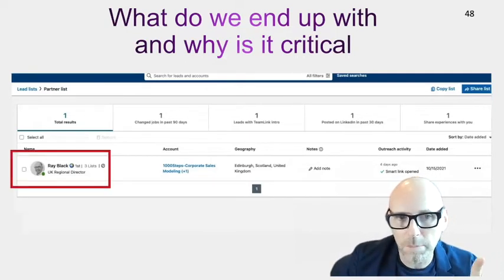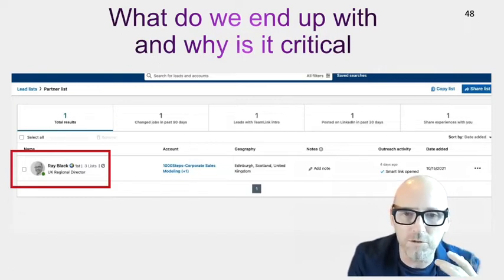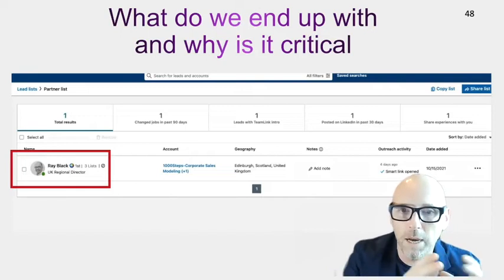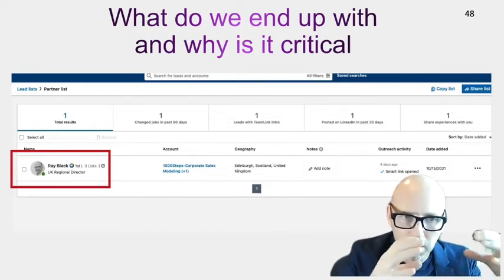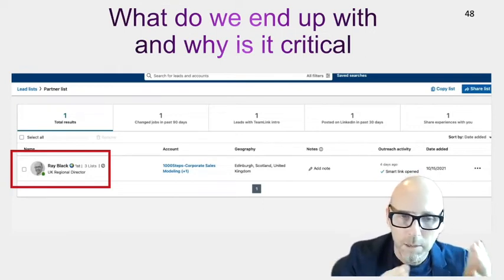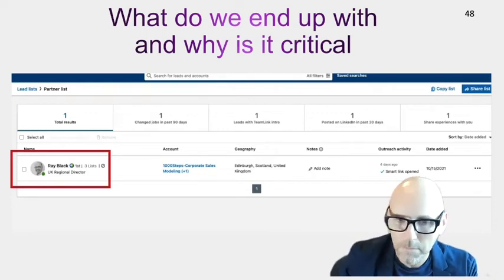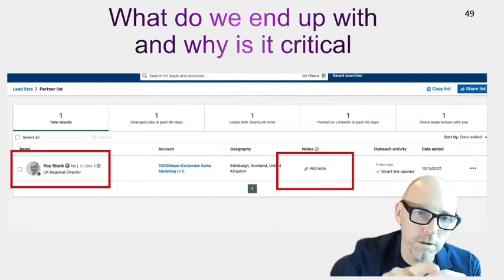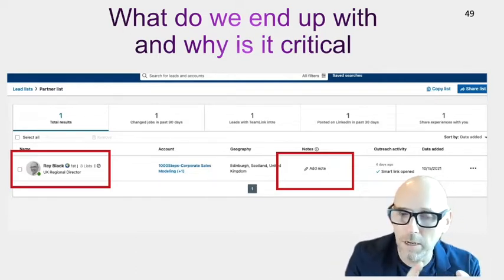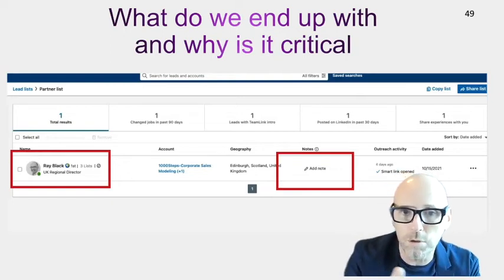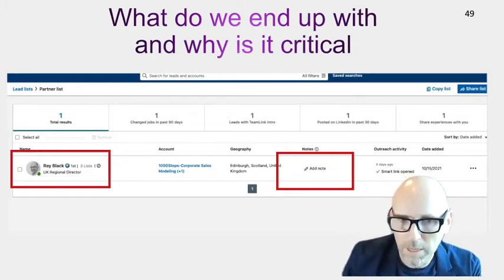What's interesting about this is I can see how many lists Ray's on. Has he attended any events? Is he part of any other groups that I'm a part of? What is he involved with that I'm involved with? I can see that in CRM as well, but I can also see it here, and sometimes there's stuff here that's not in CRM. Number 2, I can put notes here. If I want to put notes and things I want to do, I can put the notes into Navigator. That's an interesting thing, because that's something that most people don't use and aren't aware is available. And then most importantly,